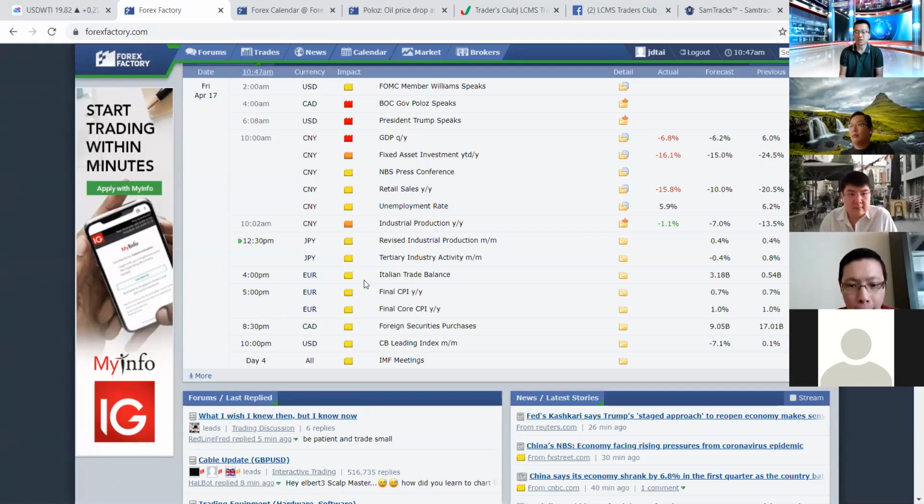Yep, okay, cool. So Forex Factory, we use that for our news to give us all the news information when we trade, or when we even just want to keep track of what's happening in the market. We look at Forex Factory because it breaks down into all the different currency pairs and news of different importance. It gives us the previous news, it gives us the forecasted, and at the specific time, it tells us the actual news that's being released, the actual data of the news being released.